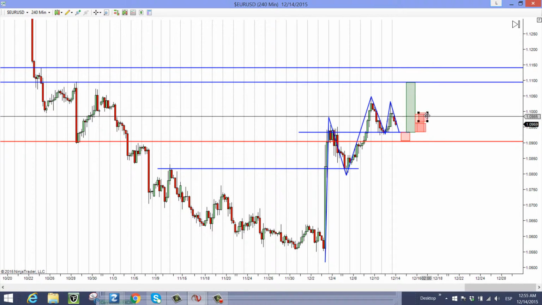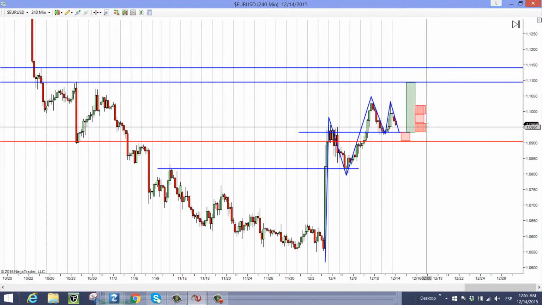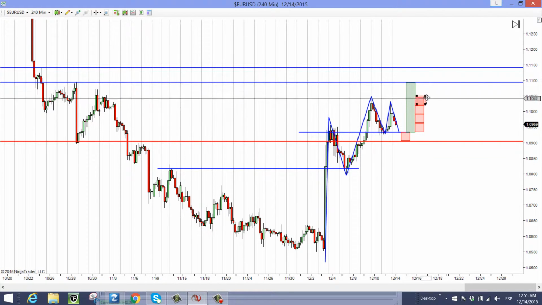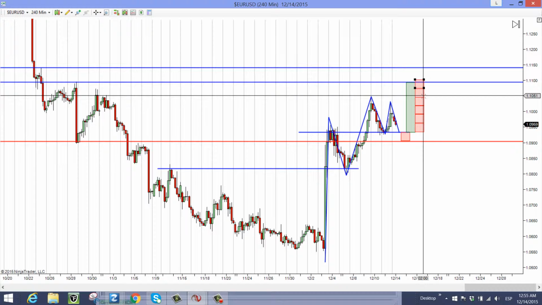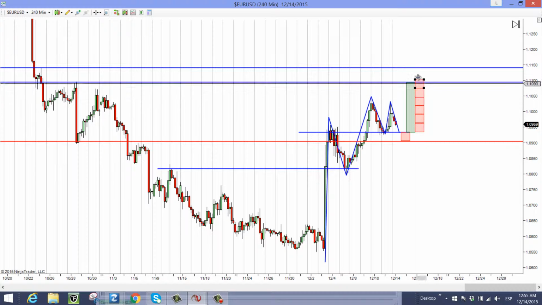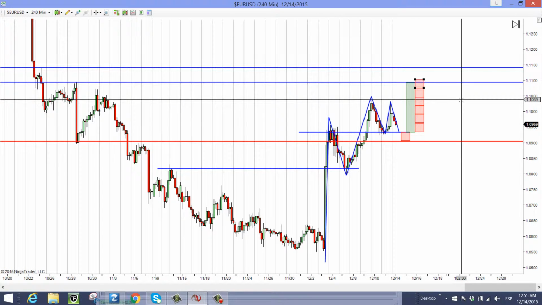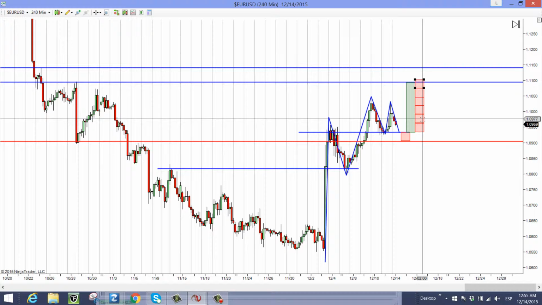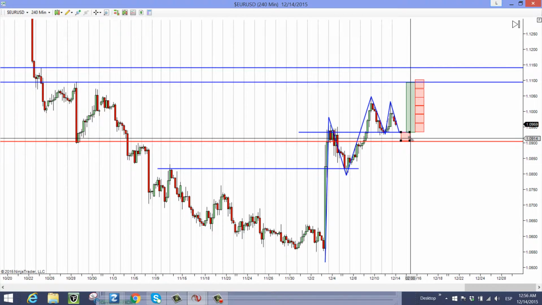1, 2, 3, 4, 5, and 3/4 of reward. This is a pretty nice risk reward. This is one of the best risk rewards I've ever seen, because in the long term, taking this trade over and over and over again, talking about 5.5 to 1,